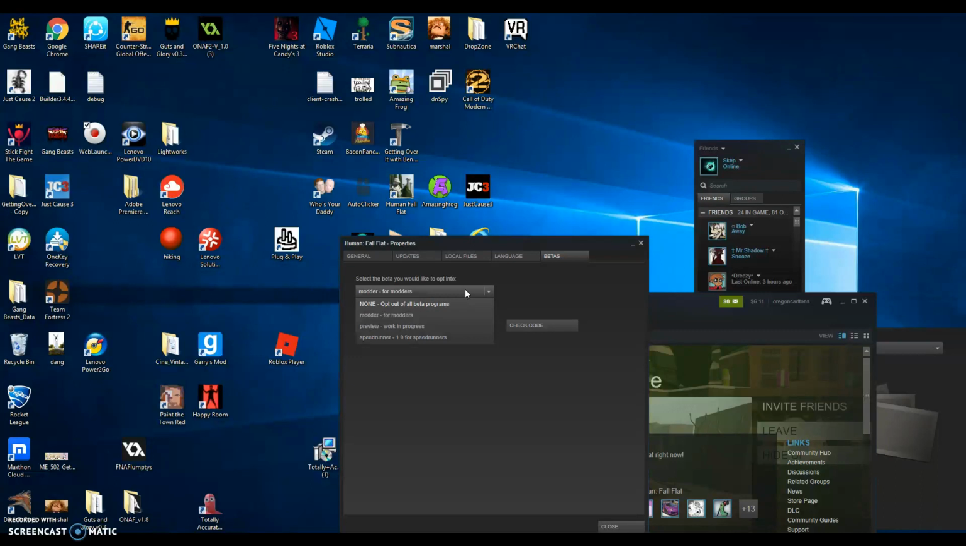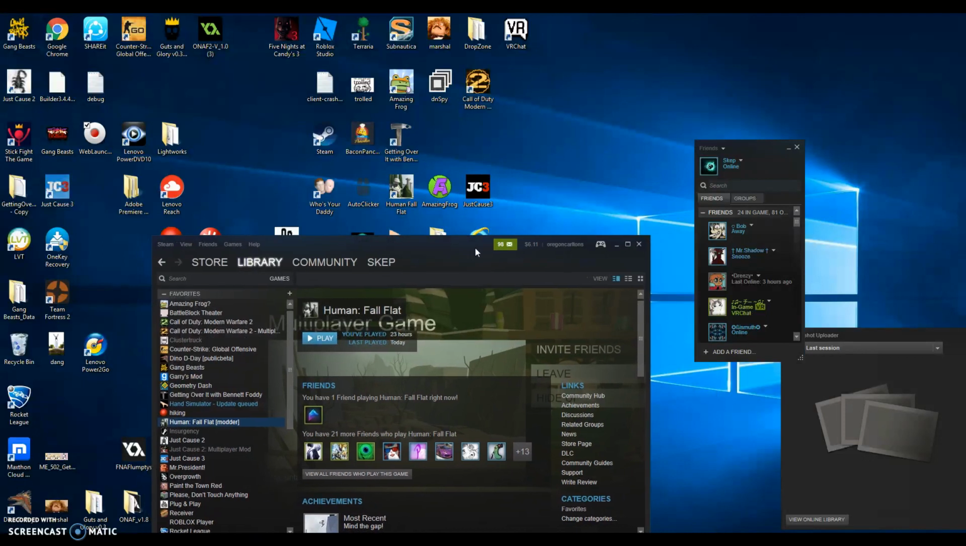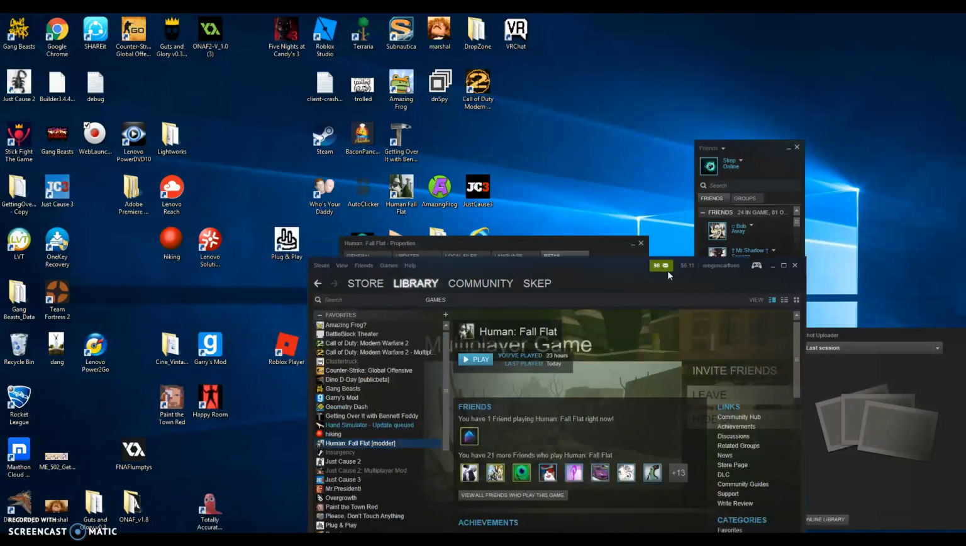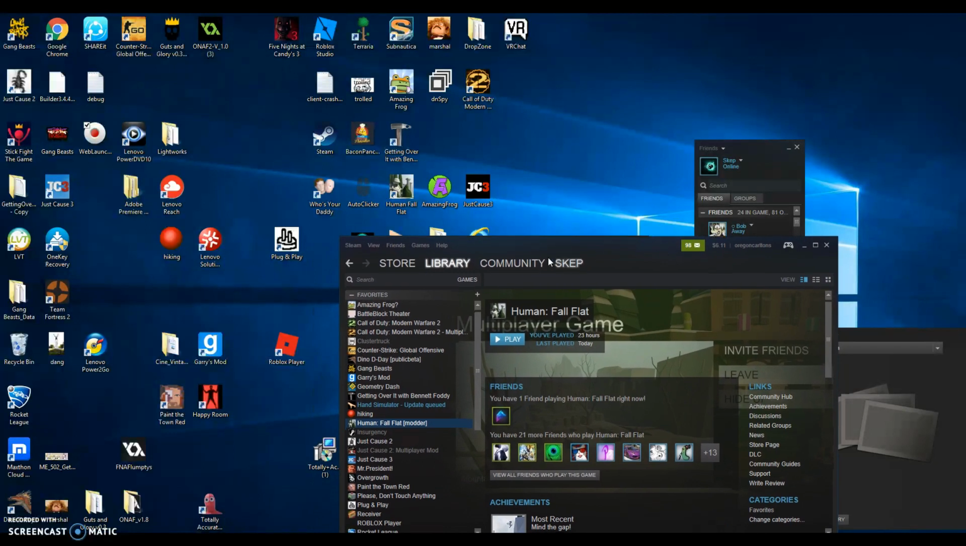Now to open the browser, to open the mod thing, to get mods, you must join their group. And yeah, you have to join the Human Fall Flat group, and I don't really know how to put that in the description or anything, but you have to join their group. So, and then once you do that, go in